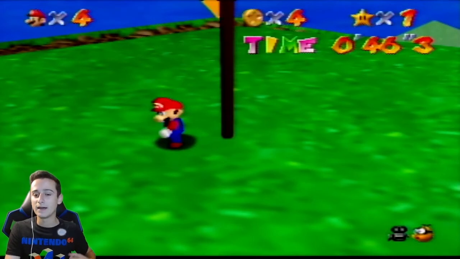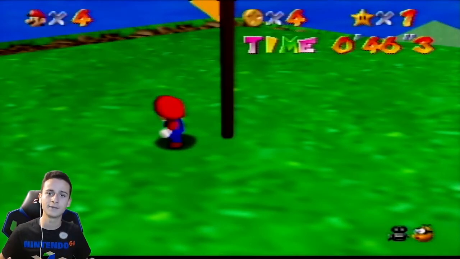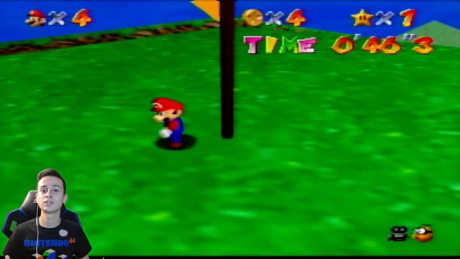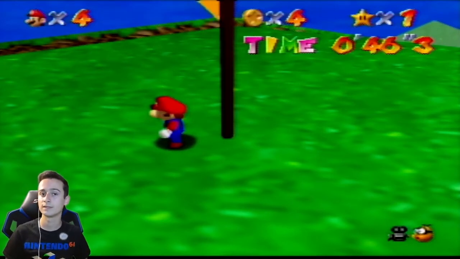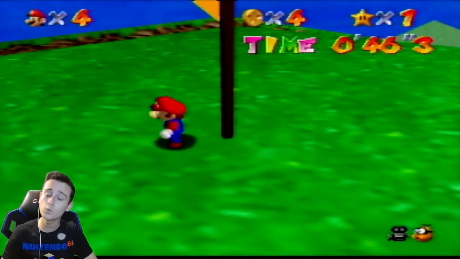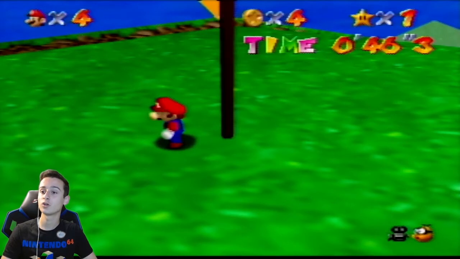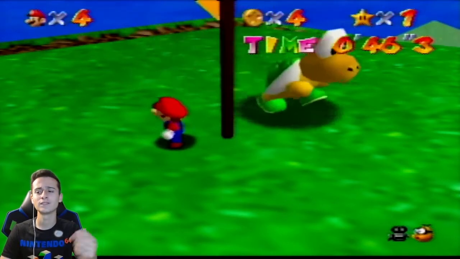And while we're waiting, each power star will be a little different. So I'll just kind of cut to where the section is where you're gonna obtain the power star, because it's a little tricky, and you don't want to see me run through the world every single time to get a power star. One thing you do need to know while we're waiting is that each painting, if you collect 100 coins in each painting,